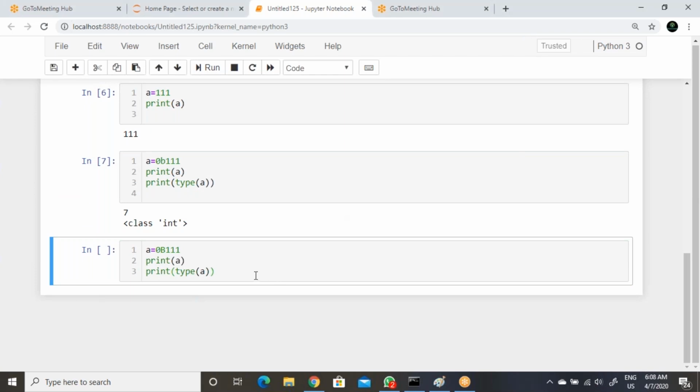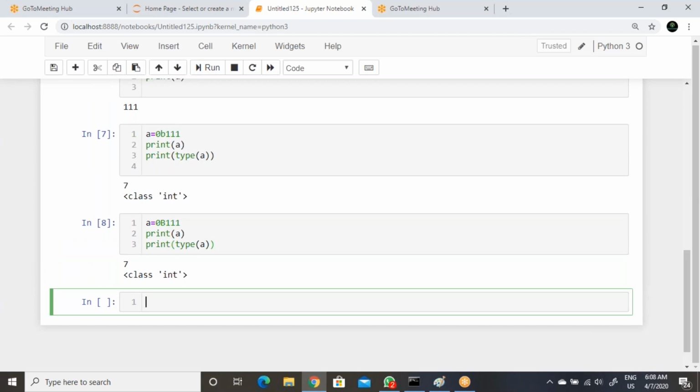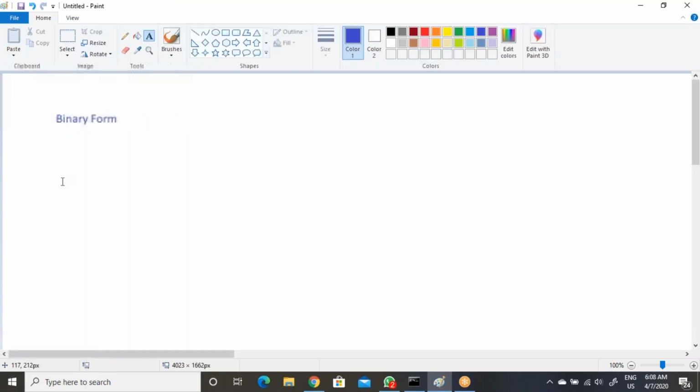So here you can use 0b also, both values we can get 7. Now how will we get the value 7, let's see. Then we have the approach, right? You can take the binary format, or you can say form.